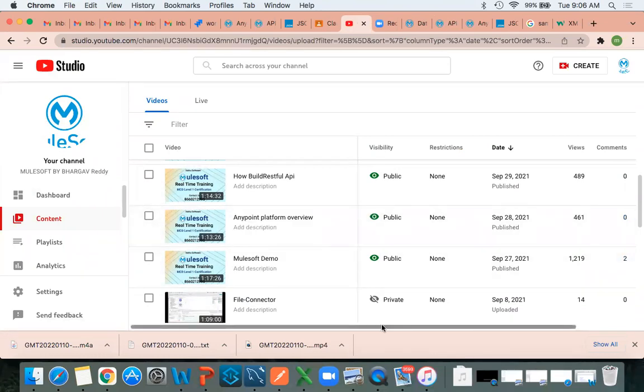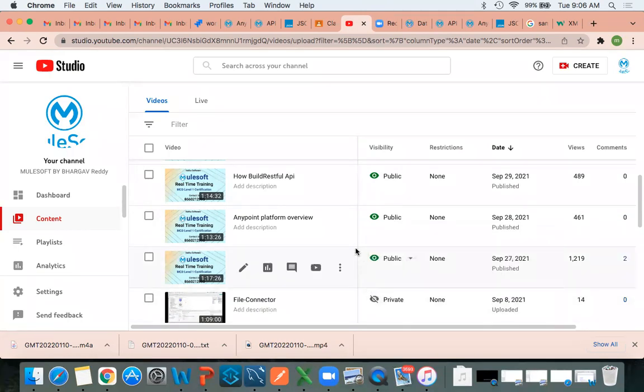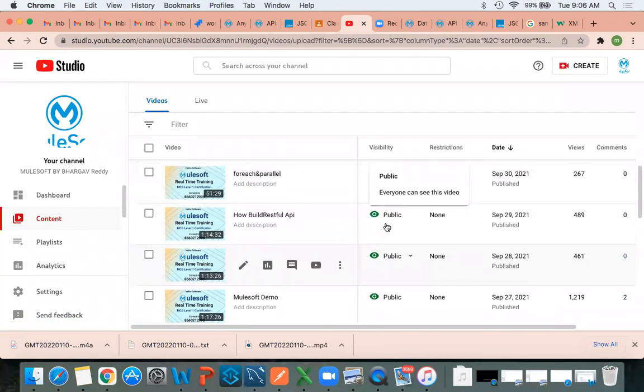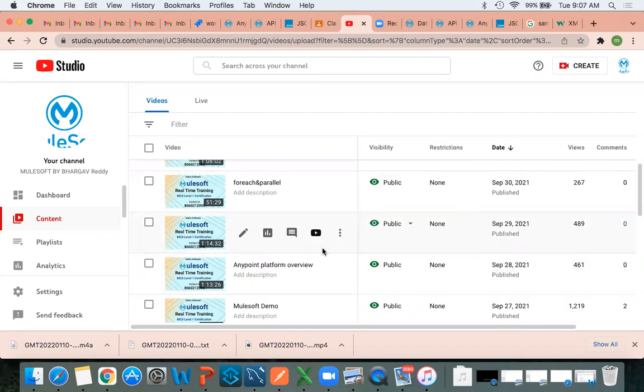You can go through it to see how to sign up for the Anypoint platform account. Once you go through this, you can go with how to build a RESTful API. You can go through these two, and then after that go through today's class so that you can understand.